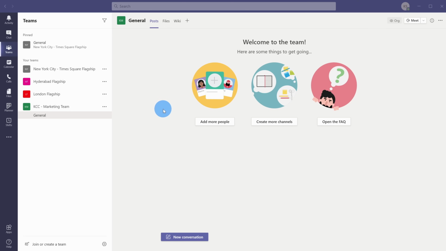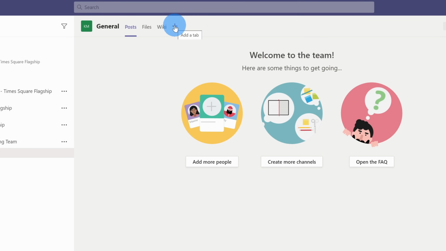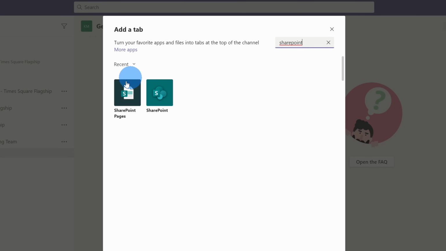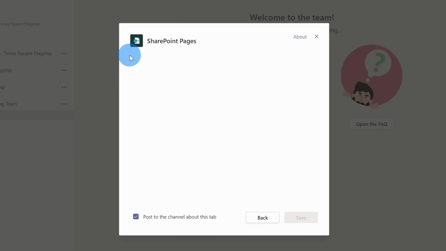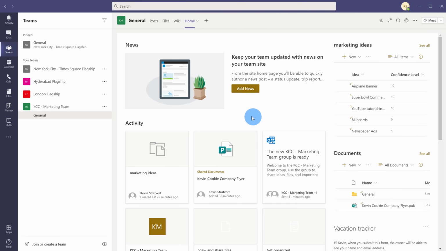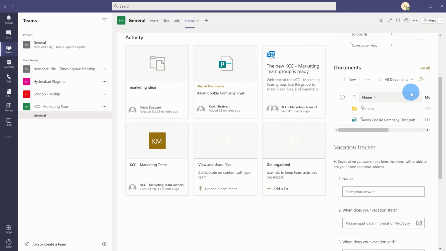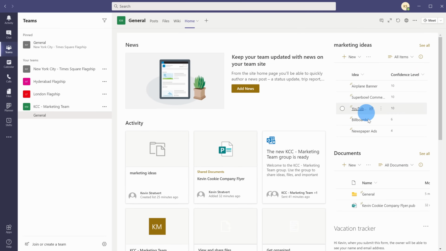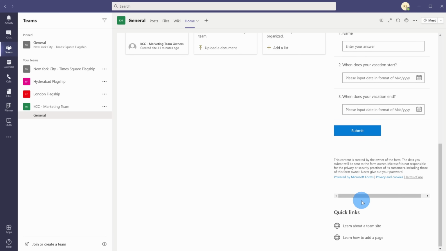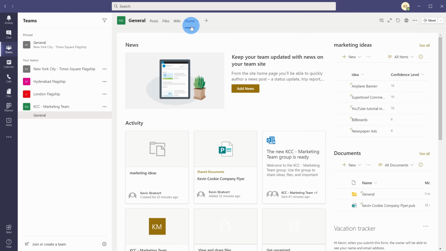If I want to make it easy for the marketing team to get back to our SharePoint site, up here on the top tab bar, I can click on this plus icon and I can type in SharePoint. I can add a new SharePoint page. When I click on add, here I see the new homepage that I just created for the marketing team. I'll select that and then click on save. This adds our new SharePoint homepage for the marketing team directly into Microsoft Teams, and here you can see all of the content including our list, the documents, and the vacation tracker that I just customized, and it's all easily